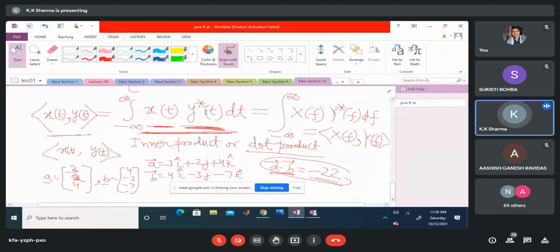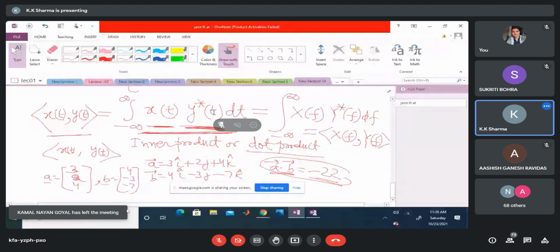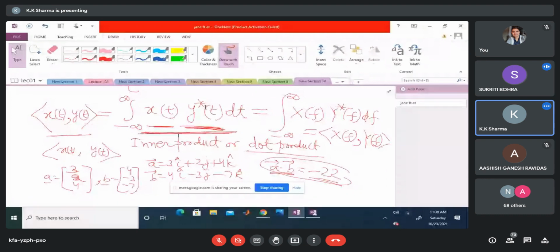This concept is very important in digital communication, where if you compute the inner product of the received signal with the known signal, you will obtain a non-zero inner product. But if you take the inner product with any other signal, because of the orthogonal choice at the transmitter, this right hand side integral will be 0 or very close to 0. Understand or not? Yes, sir. So this inner product computation is very important in digital communication.